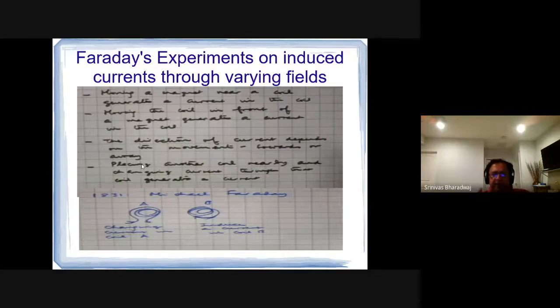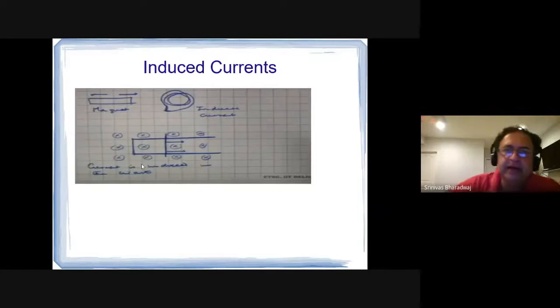But if you look at it with a galvanometer, as you do this very, very fast, it will go back and forth, back and forth, because when you move it this way, it produces a current this way. When you move it that way, it produces a current that way. And this then led to what is called Lenz's law, which is a law along with Faraday's law. But first let's explain what Faraday did say.